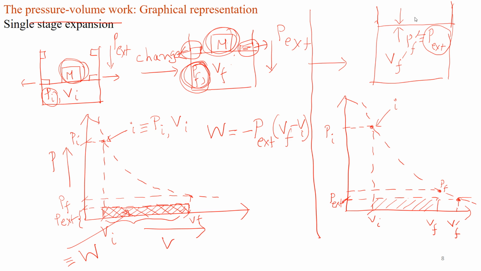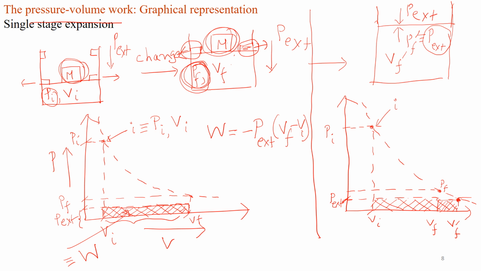The piston moves until the external pressure and the final pressure get adjusted. When the final pressure drops to the external pressure, there is an equilibrium, so the piston doesn't move. So the gas again expands a little bit more, and the work done in this case will be